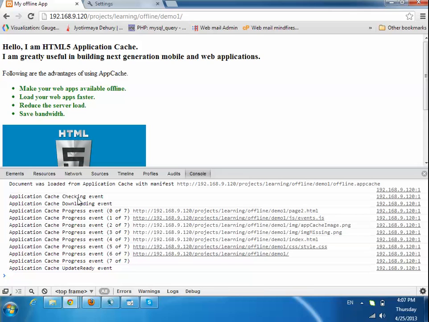Then if that is not found, it will start the downloading event, and after downloading, the progress event is fired for each file which is being downloaded. At the end, whenever all the files are cached, it will fire the update ready event. Means the updates are already cached in the browser and they are ready to use. And in the next refresh,